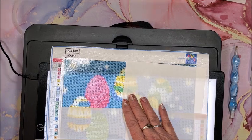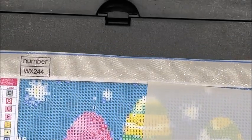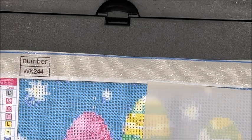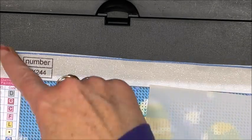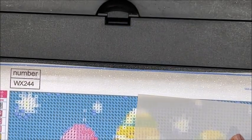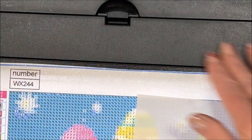Let me zoom in and let's see if that's going to be too distracting. No, I think it'll be okay. When I am working on this, sometimes what I'll do is I'll take painter's tape or duct tape. I found actually the painter's tape works better than duct tape. And I'll duct tape on here or painter's tape, depending on where it's at. Especially when I'm doing my large canvases upstairs, I'll always use painter's tape and tape it down so that the